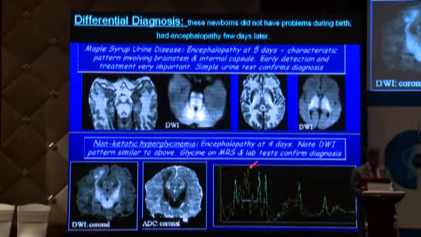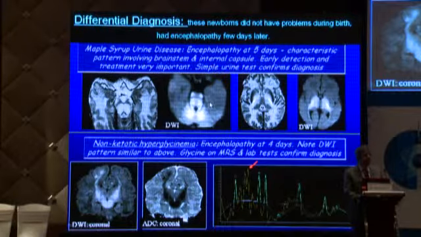Okay. So this is the first one that I already showed you, the maple syrup urine disease, and I want the residents and trainees to remember this very well. This involves the posterior fossa, dorsal brainstem, the cerebellar white matter, and the myelinated internal capsule. And this is a very, very characteristic pattern. It's called maple syrup because the urine of these children smells like burnt maple syrup. And this was an encephalopathy which started a few days after birth, which itself is a marker for metabolic disease and not hypoxic ischemic injury.